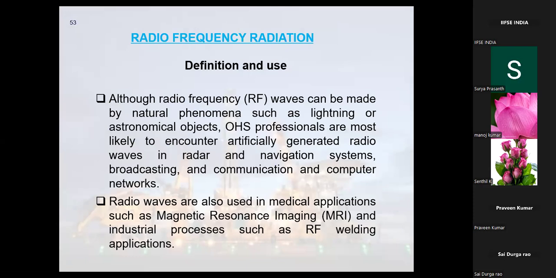Now, radio frequency waves can be natural phenomena such as lightning and astronomical objects. OHS professionals are most likely to encounter artificially generated radio waves in radar, navigation systems, computer systems, and